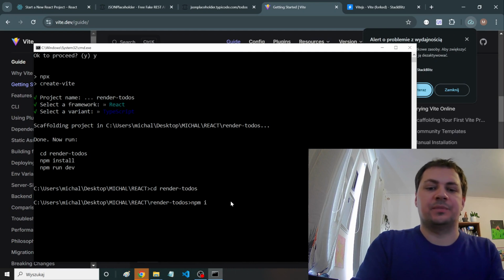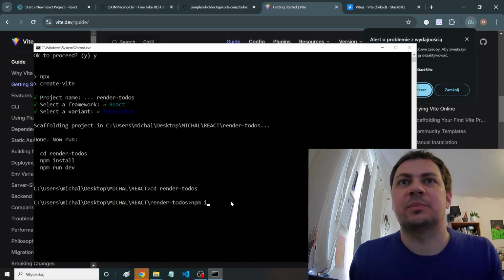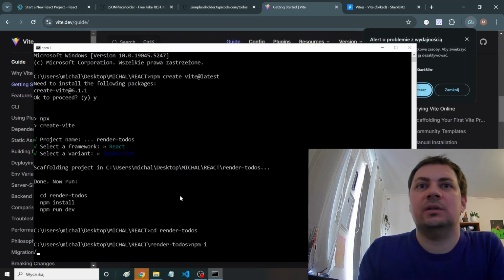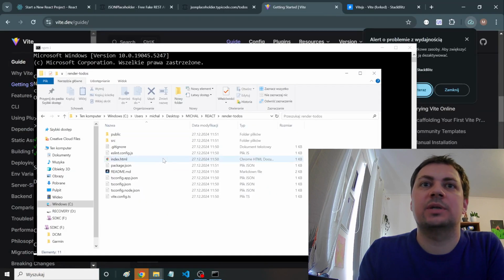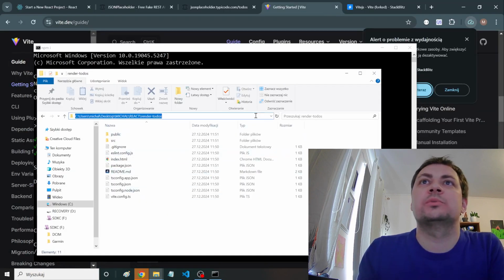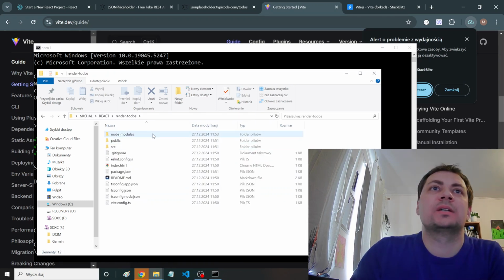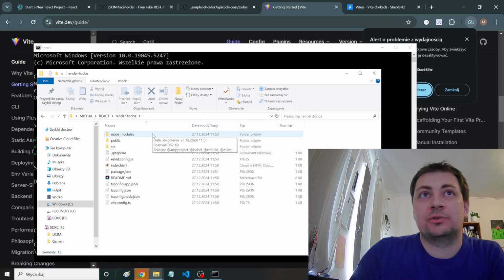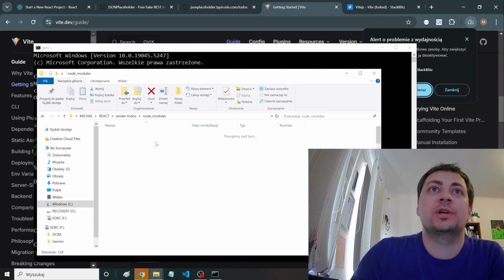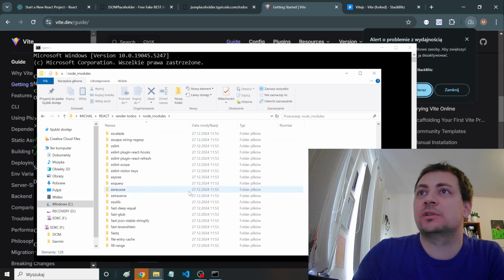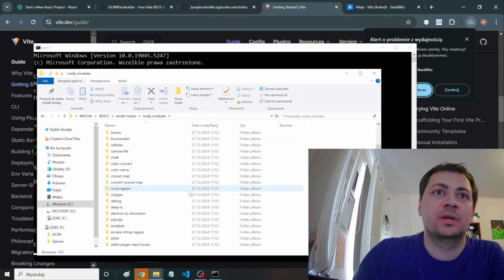So npm i, it's probably enough. Okay, i is a shorthand and it works. As you can see, our node modules are already created, and the packages that we need, there is a whole bunch of packages are